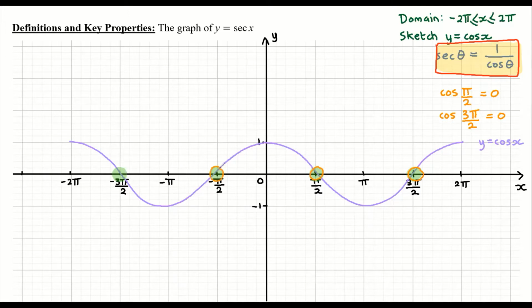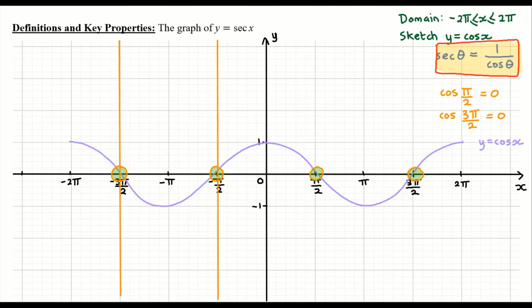So how do we represent that? If we're asked to sketch this, what are we going to do? Well, we have to put asymptotes in here. So that's what I'm going to do. So we're going to put some vertical asymptotes in along at those nodes. So I'll do those in orange. Okay, you probably should use a dotted line for this. I don't have a dotted line function on here. Okay, so these are the asymptotes. So I'm going to add them